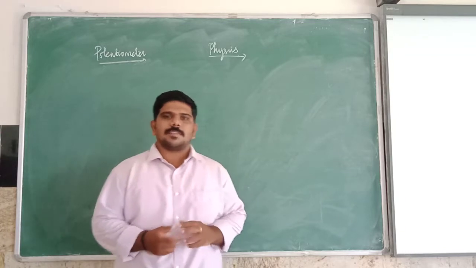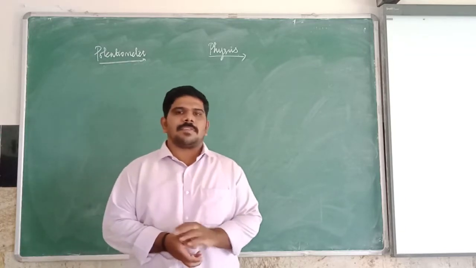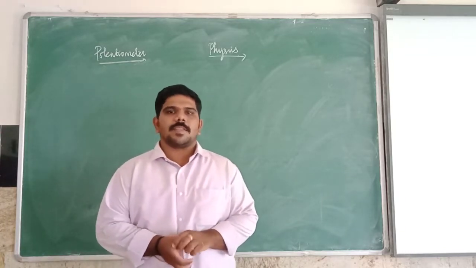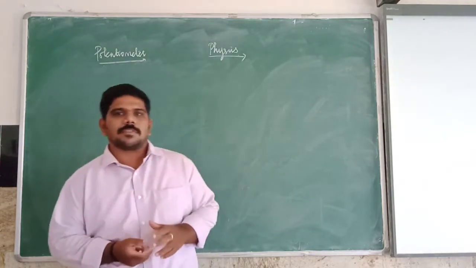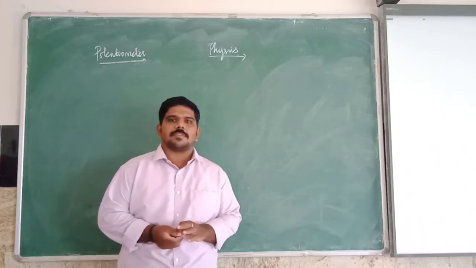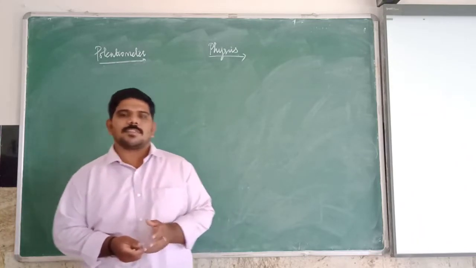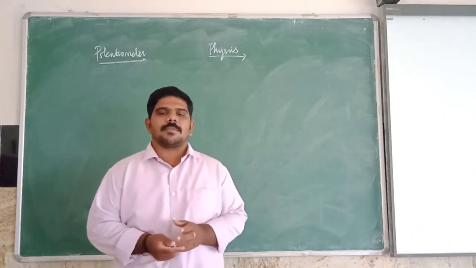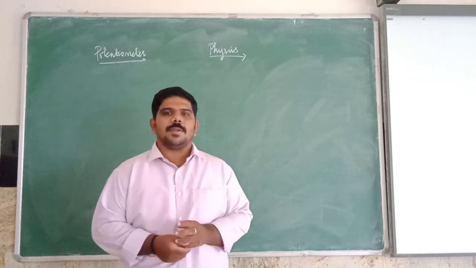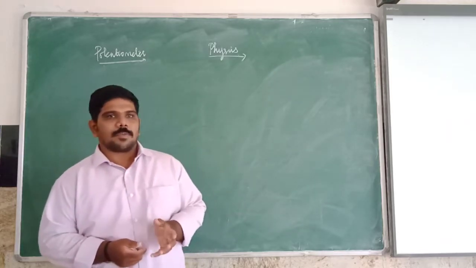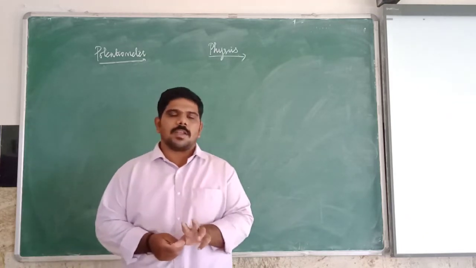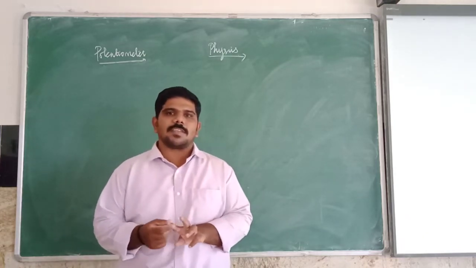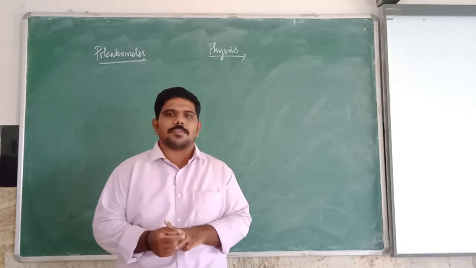I hope you already know the points we saw in the previous sessions, isn't it? For our last online class, what questions have we learned? We learned three important questions, isn't it? One is the Kirchhoff rules, and another one is the Wheatstone bridge. So what is Kirchhoff's rule? Kirchhoff's rule is used to determine the current in a complex circuit. We have two rules. What are the two rules we learned? One is the current rule, and another one is the voltage rule.